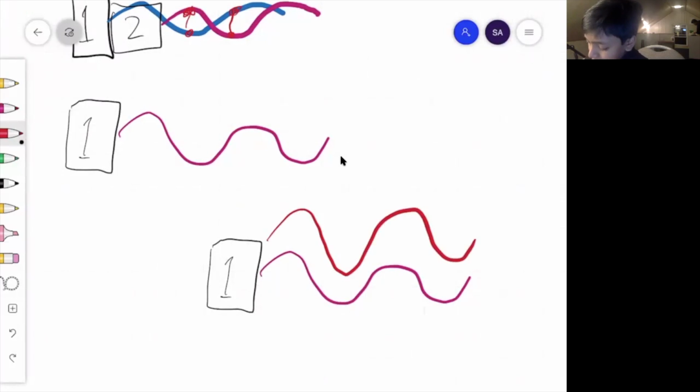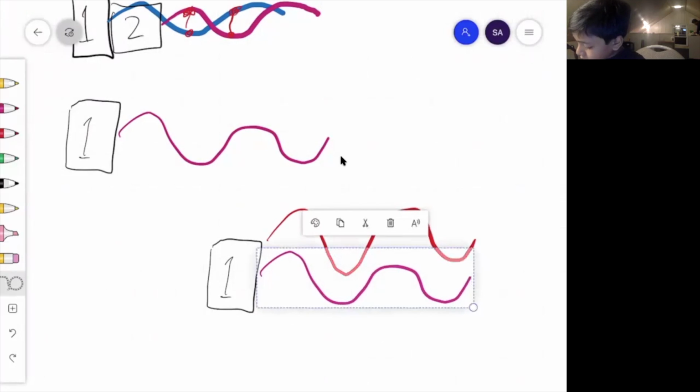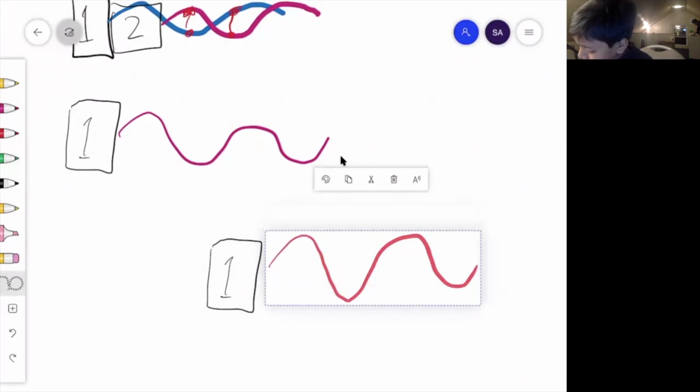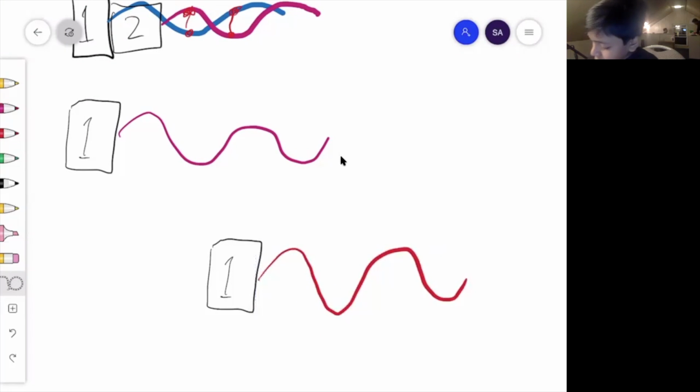I think that looks better. So now I'm going to delete the original. So that's going to look like this. Delete, and we put the new one down here. And this is going to be 2.